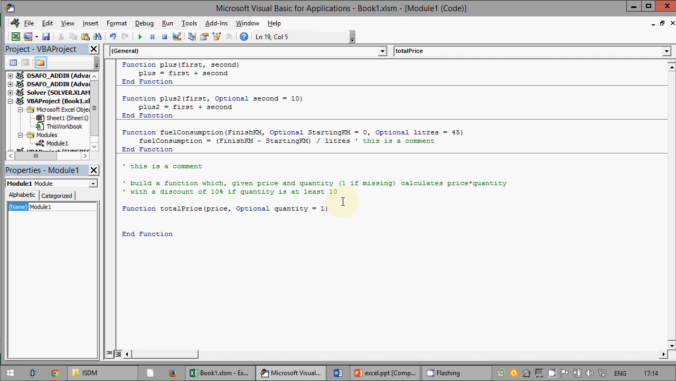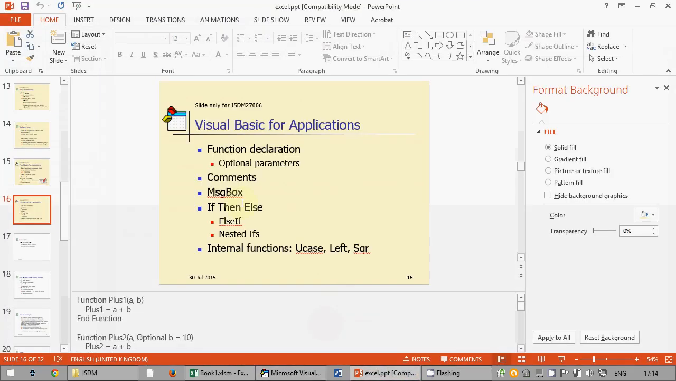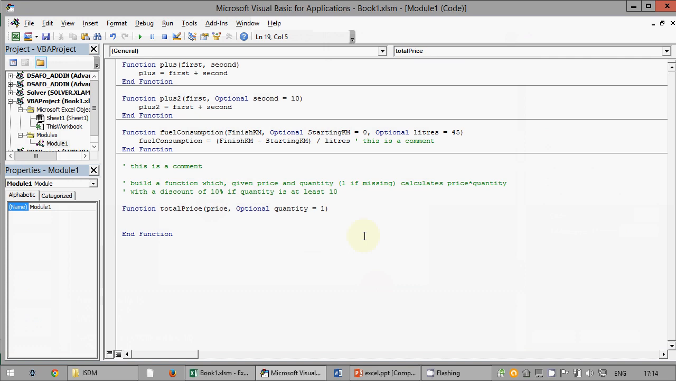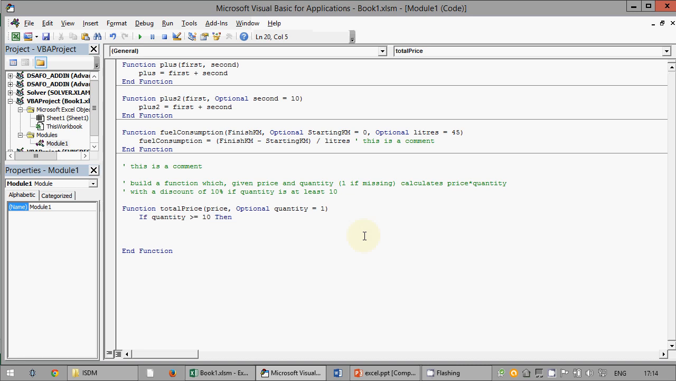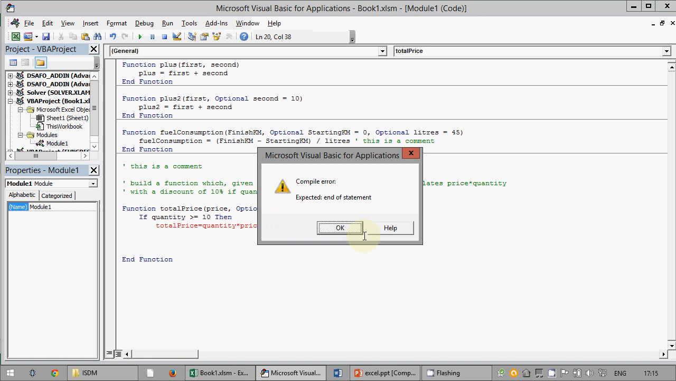Okay, so what does our function do? First thing, our function must check whether quantity is at least 10 or not. And how does it check? Well, if you look at the slide, if, then, else. So if quantity larger or equal to 10, then, okay. Here you write what happens in case quantity is larger or equal to 10. Total price is equal to quantity by price by 0.9, so discount of 10%,